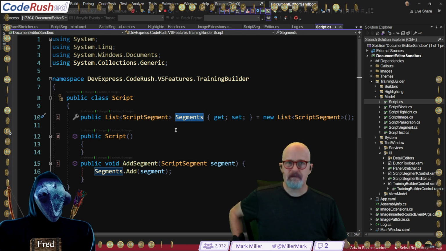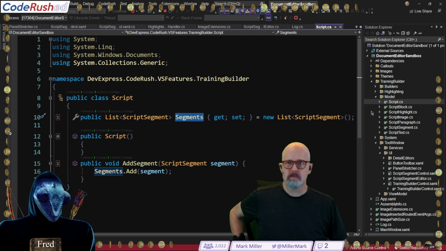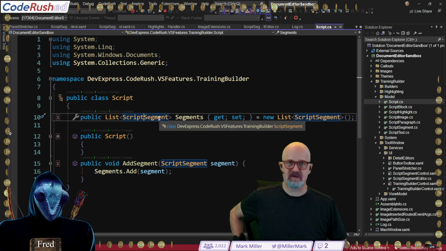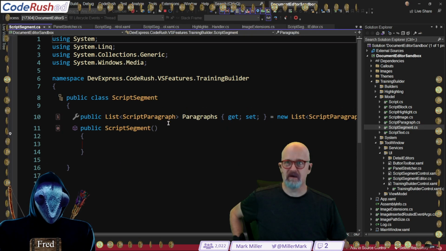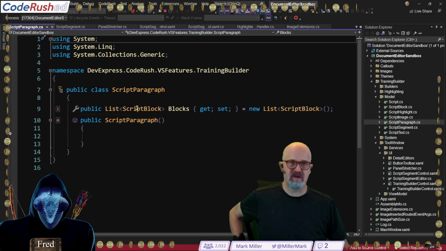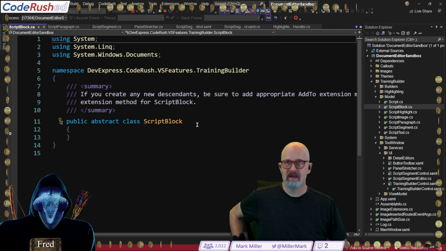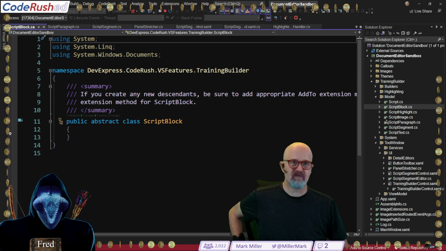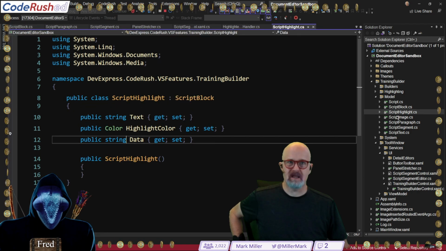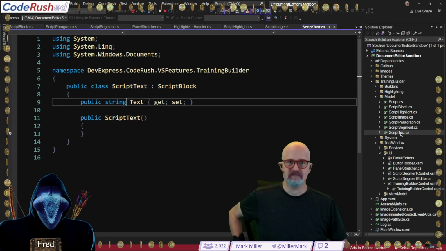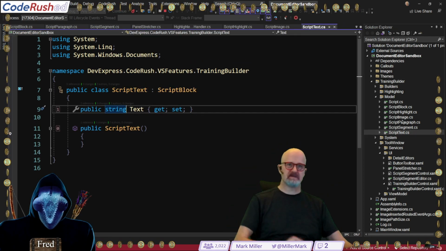I don't know if it's worth breaking this down or not, but the segments are individual script segments, which are here. Those have individual script paragraphs, which are here. Those have individual script blocks, which are there. And script block is an abstract class from which I can descend a script highlight, a script image, or script text. Sure, yep. That's the model.